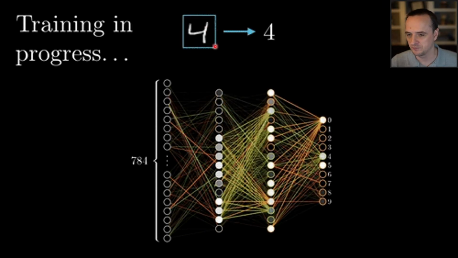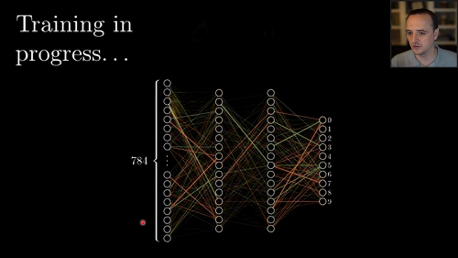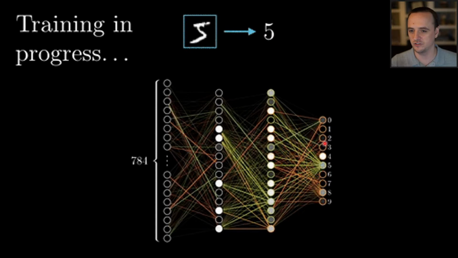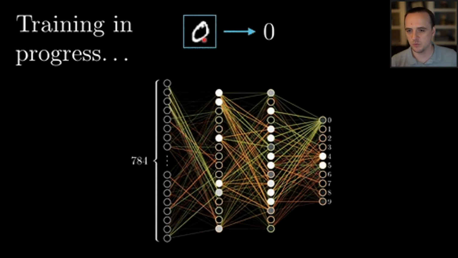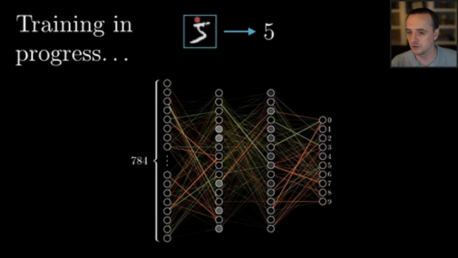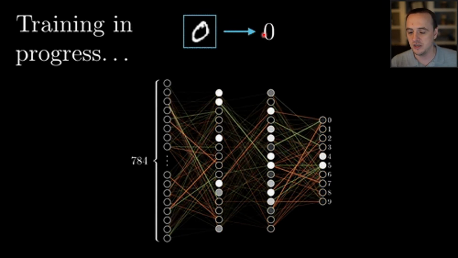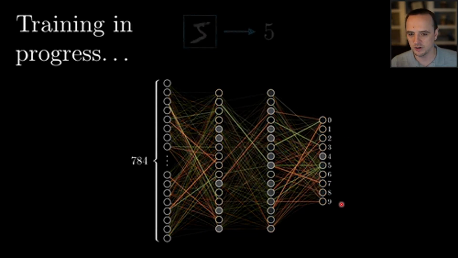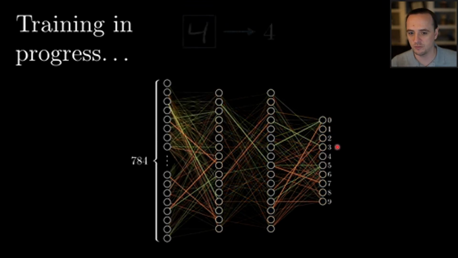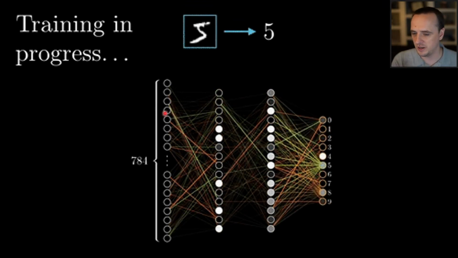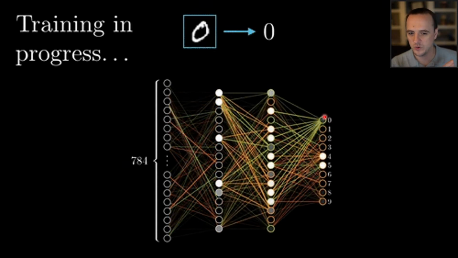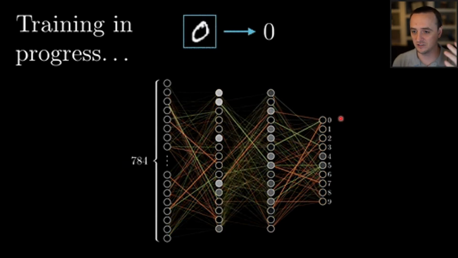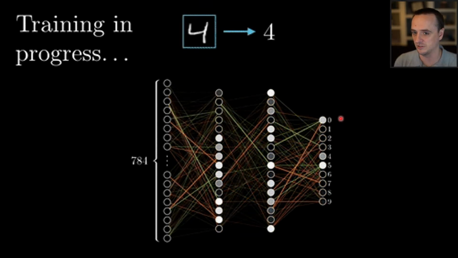So what we get is this sort of process. Here we're doing some training. We are passing in pixels of an image as the input to our network. This is a fully connected network. So here we pass in a specific number. Let's say it's an image of 4. And we also pass in the correct output, which is 4. The outputs of this neural network are the numbers, different outputs from 0 to 9, right? So the input is an image, and then what will happen is we get output values on each of these output nodes, and whichever one is the highest, that is the thing that the neural network thinks it is.